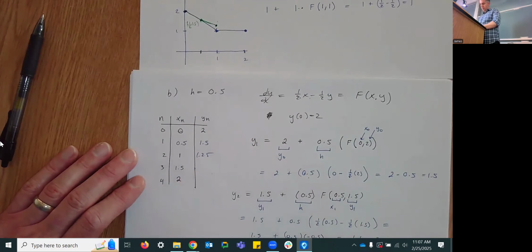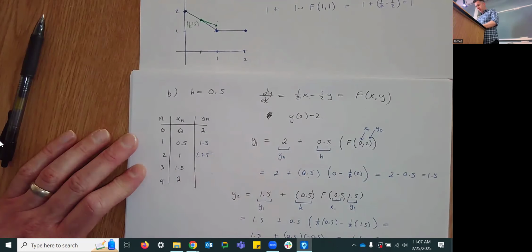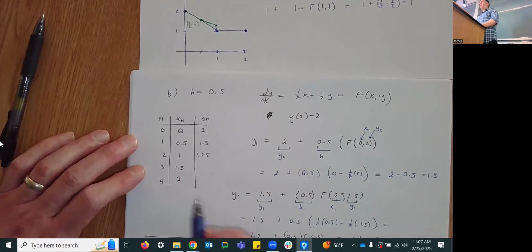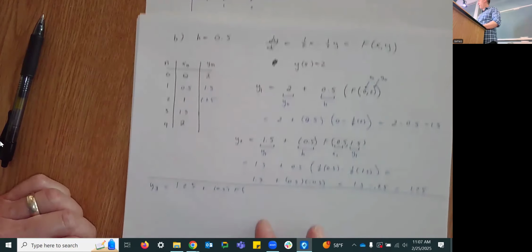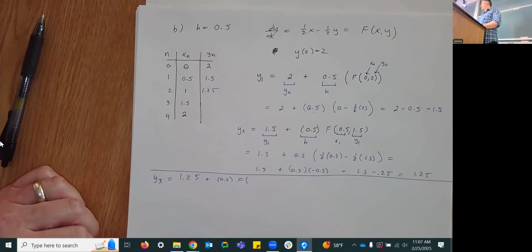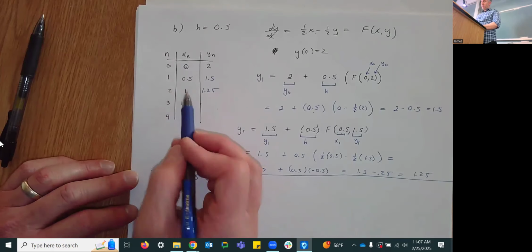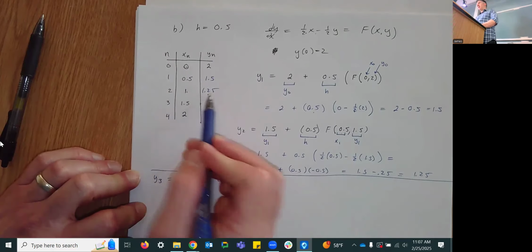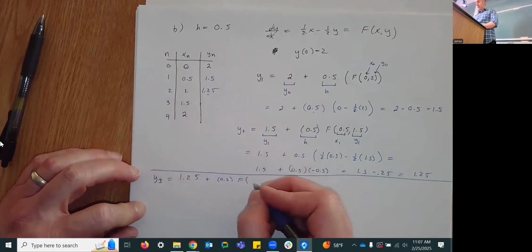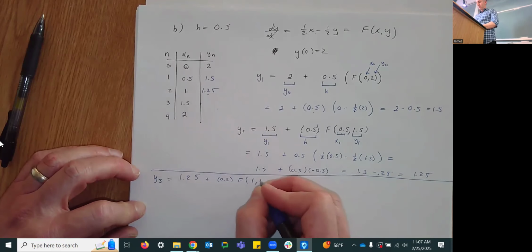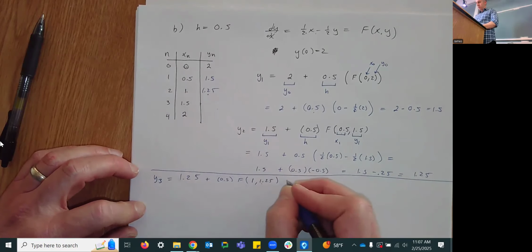So y sub 3 is going to equal our y sub 2 plus our step size, still 0.5, times f of, I think mostly the reason I like this table is so that when I find f of the previous x, y value, I can look at this and say, okay, there's my previous x, there's my previous y. I think that's actually where I'm really using it the most. So f of 1 comma 1.25, which is going to end up being